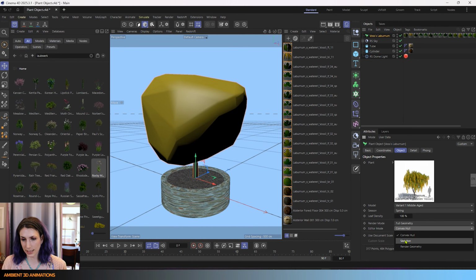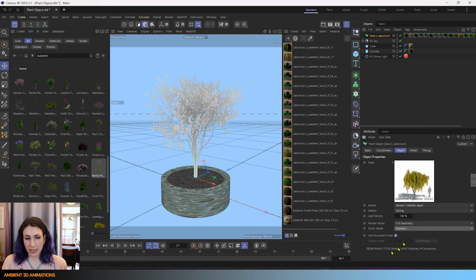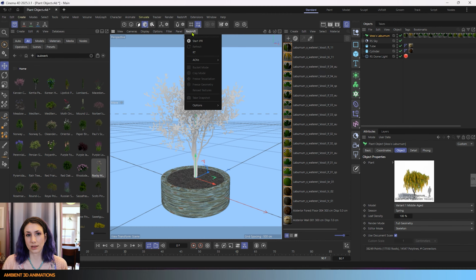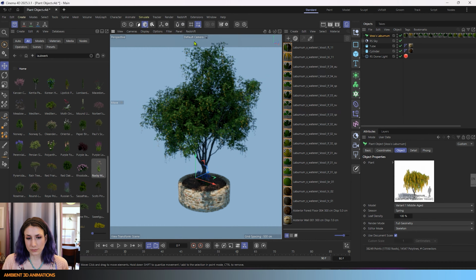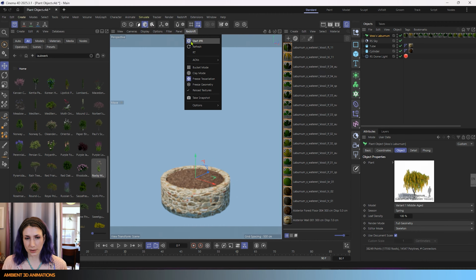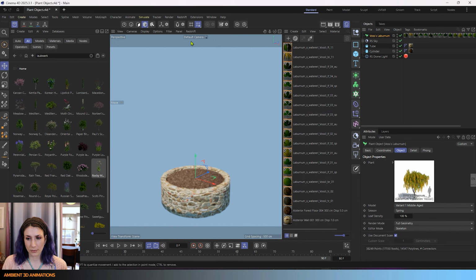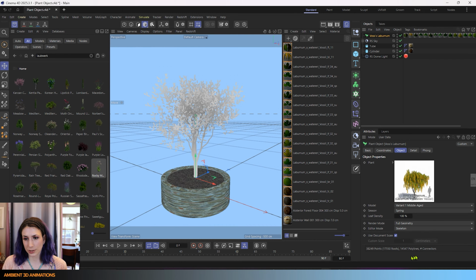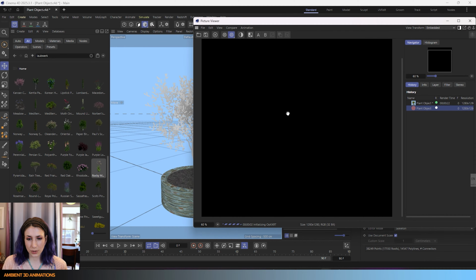There's this other option, skeleton, for editor mode. And this is basically made up of points. If I were to try to render this in the viewport, it'll use the editor mode. So it's updating, it's showing what it showed before. You'll see that this is actually made up of a bunch of points, and you don't actually see it with the IPR render. But again, if you were to render this to the picture viewer, you would get the fully detailed tree as we did before,